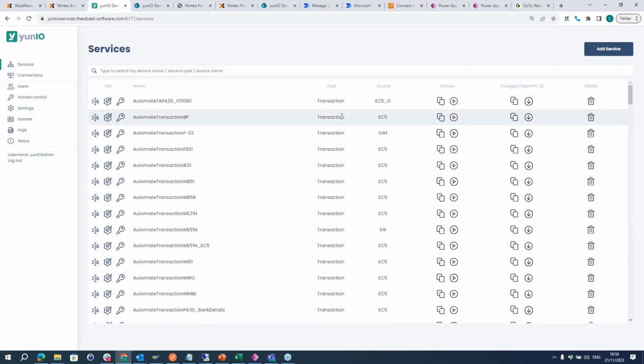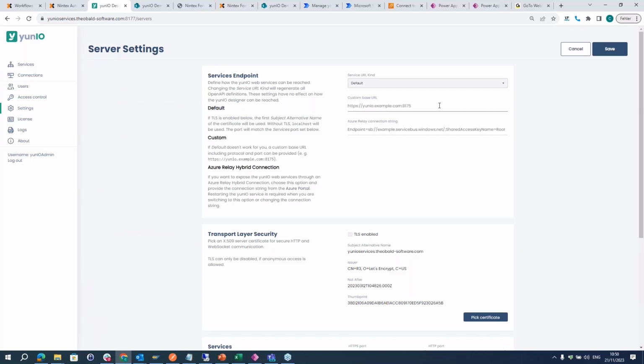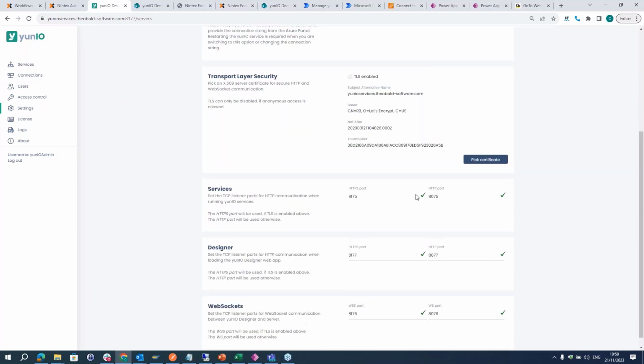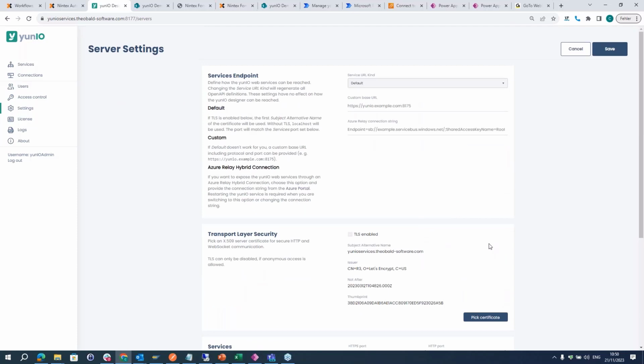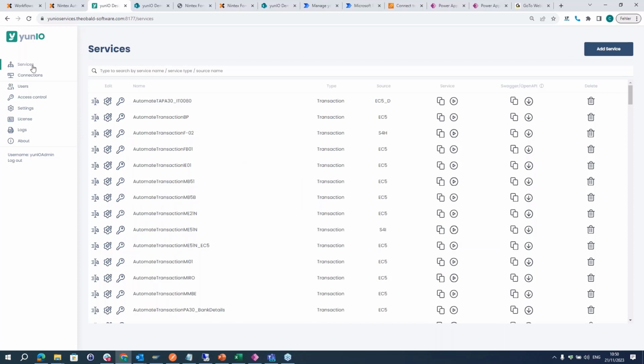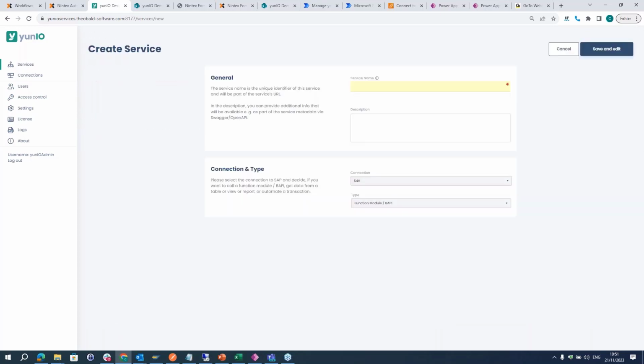After creating the SAP connection, you do some initial settings here. For example, define your ports, enable TLS encryption. Those are some technical settings in the background. Then you can start creating your services. Let me give you a little example of how that would work. I create a service here live for material data. That would be the simplest case, to just do a table query,